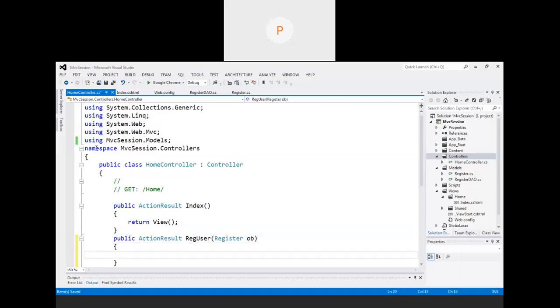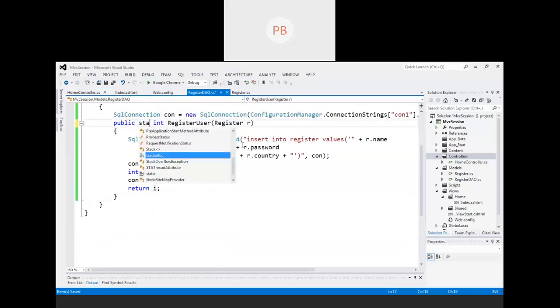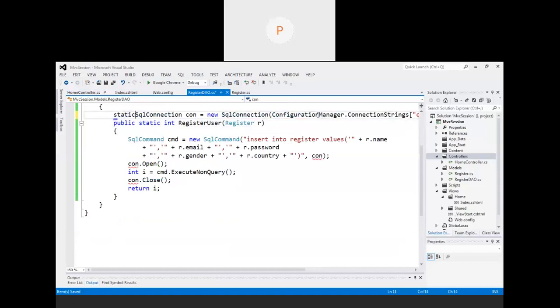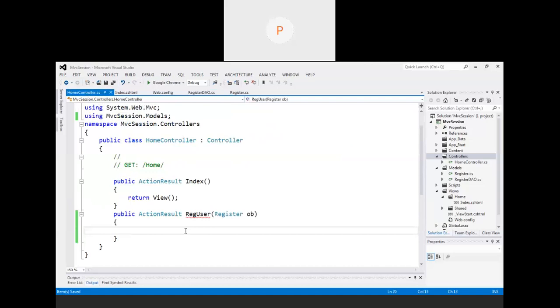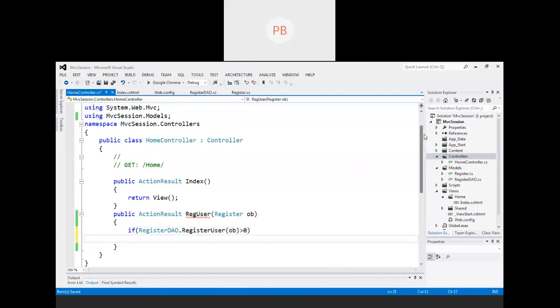Done. Then we need to call the method from the RegisterDAO class. So do one thing, create the static method over here: public static int RegisterUser. Then I will simply say if RegisterDAO.RegisterUser in brackets the object returns greater than 0, then I will say return View in brackets Login.